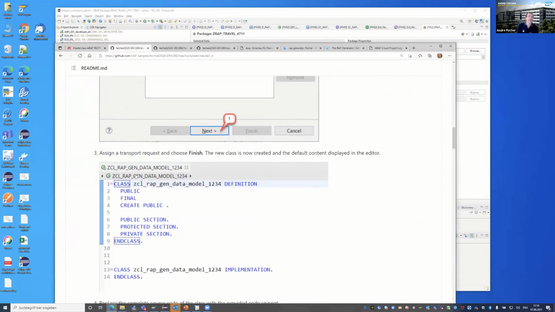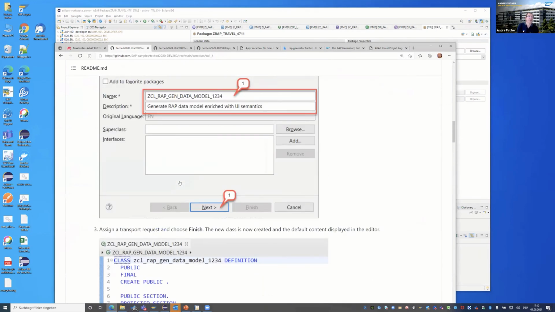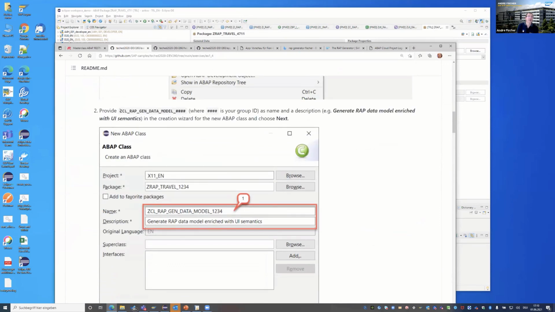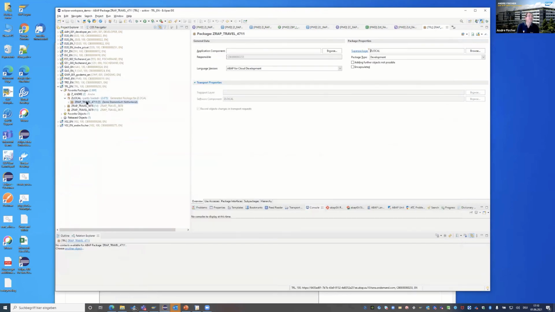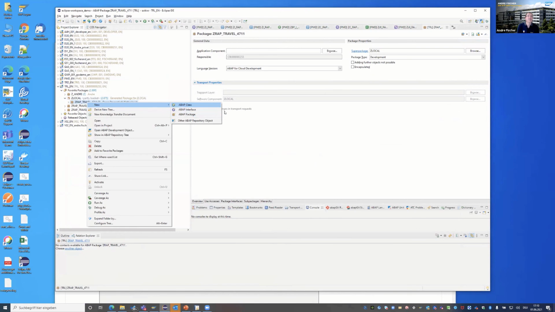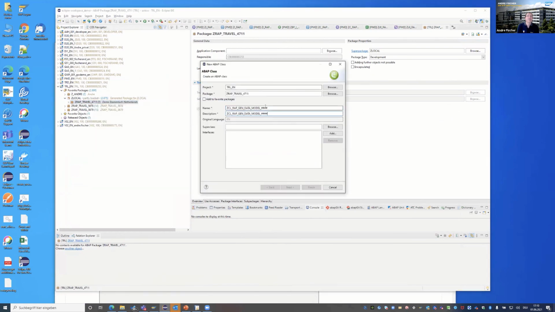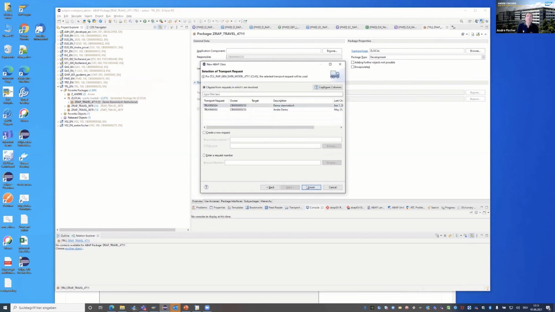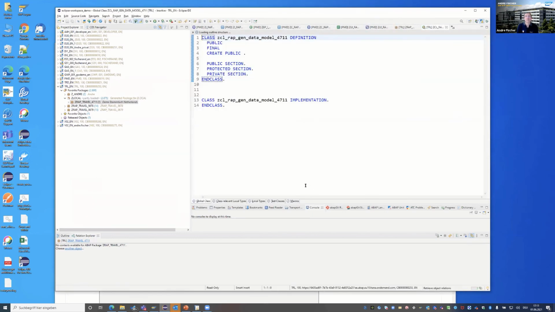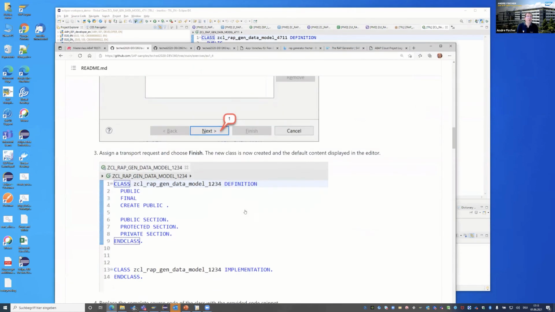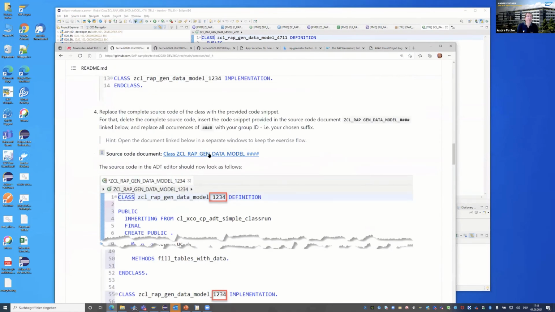So the next part is that we create a new class. And then we go back here and copy this source code that you find here.